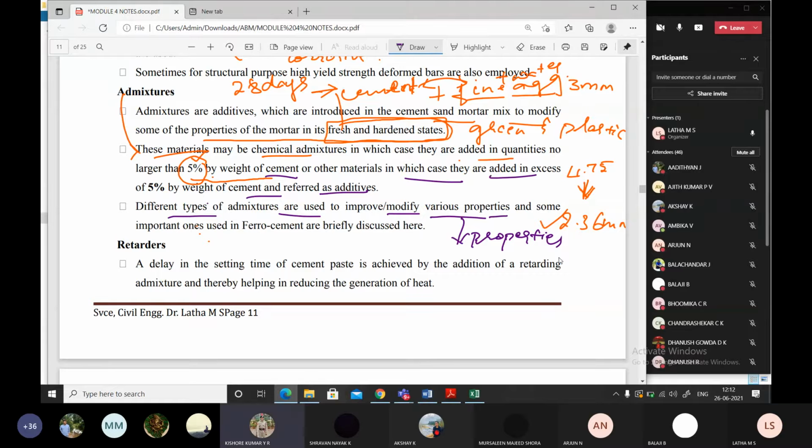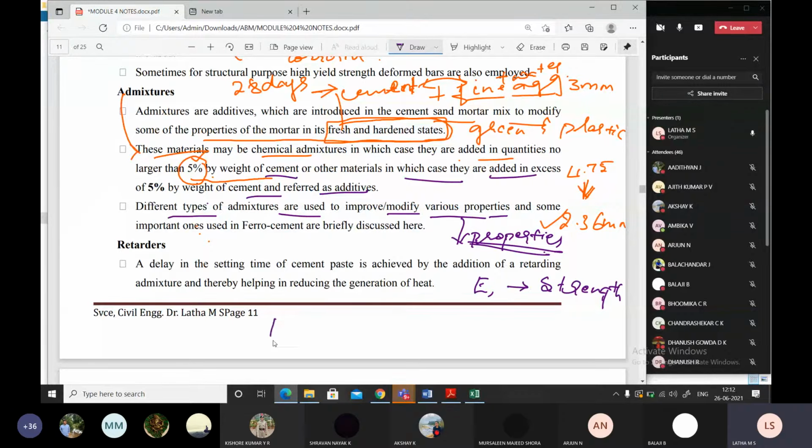Water content, ma'am. Water content, that's a property. Which property will it improve or change? First, it will change the Young's modulus. When Young's modulus changes, you directly find the variation in strength. The same variation in the strength. Correct? These are the properties.